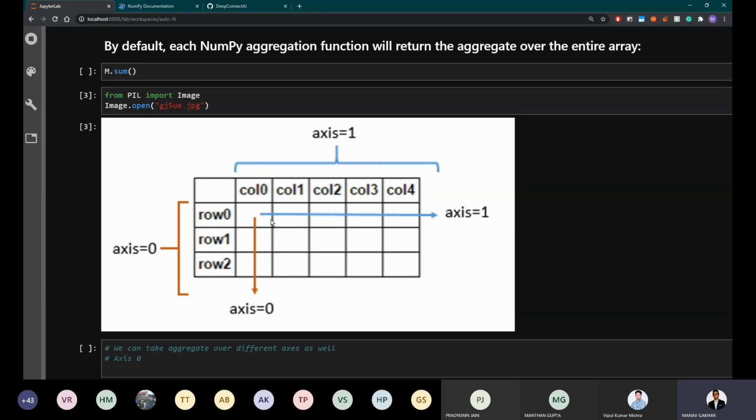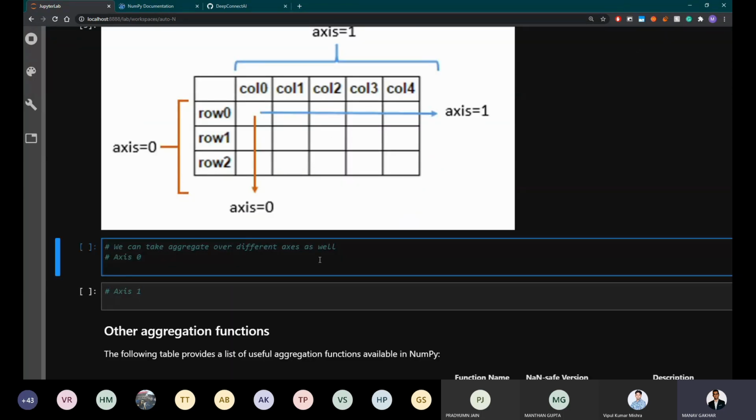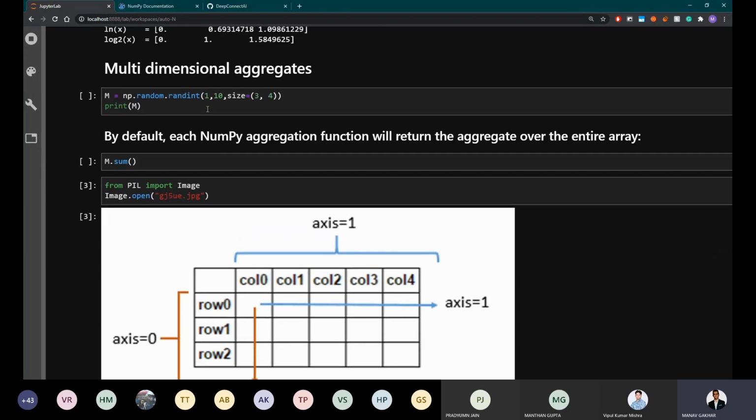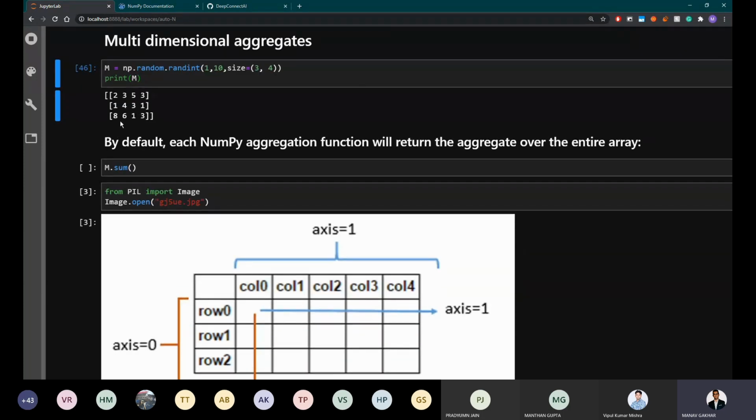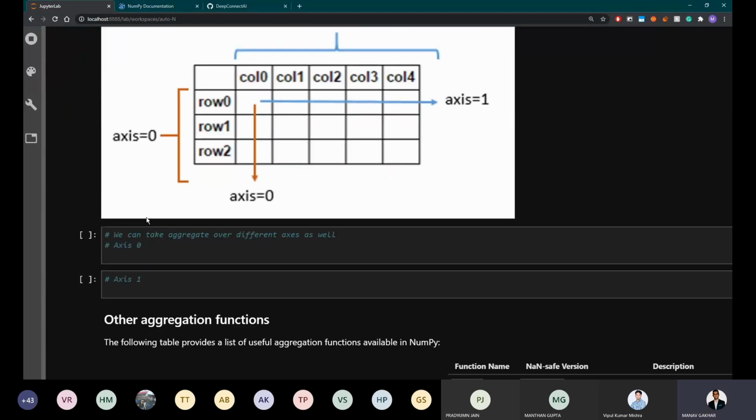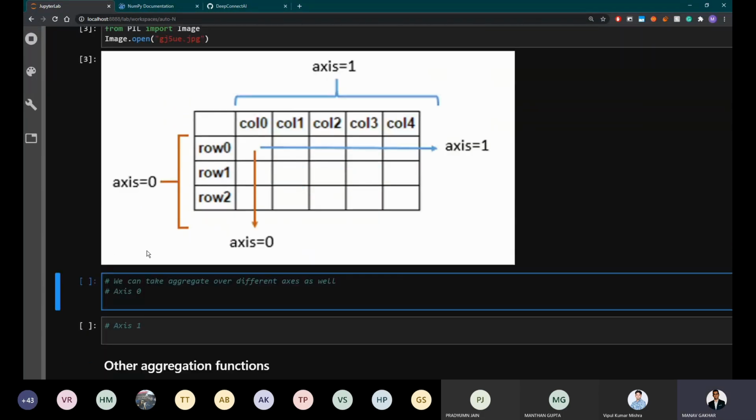This is something that would be better memorized. It can be intuitive as well, but you should just memorize that axis 0 is the columns and axis 1 is the rows. So this is an array M, just a random 3x4 array. What if we want to find the maximum element along axis 0 and axis 1? There's a function in NumPy for that, and it works something like this. Let's just say we want to find the max along axis 0.